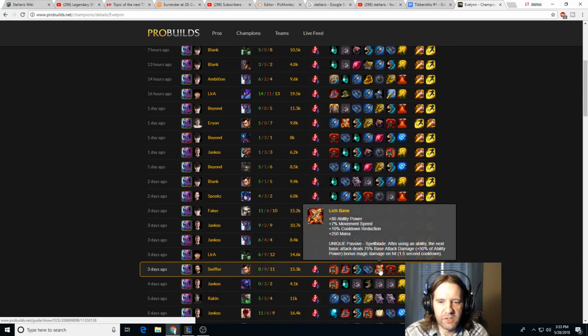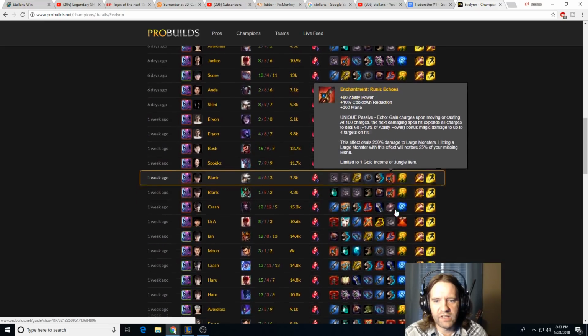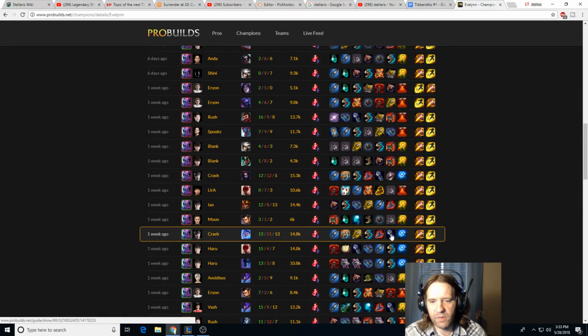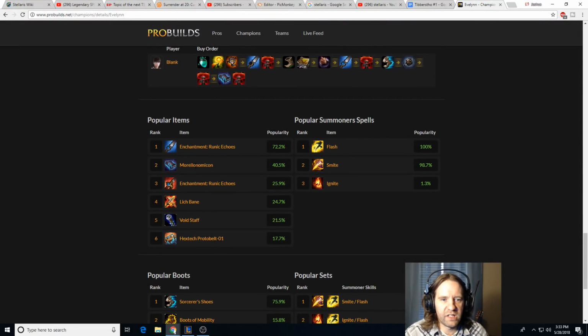If you want to go for Lichbane, then Death Cap becomes more attractive because Lichbane has an AP modifier on it. It does 50% of your ability power, so it gives you a little bit of extra damage there. Some people also get Proto Belt, although it's becoming increasingly rare. That is a slightly faster power spike, but it's going to be lower damage overall. So yeah, the priority is usually Morellonomicon, and then either Lichbane or Void Staff after that is kind of the most common